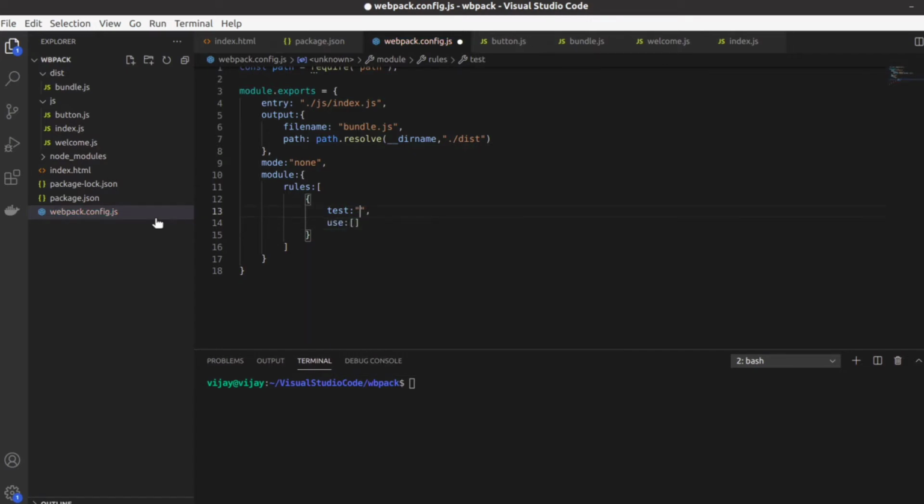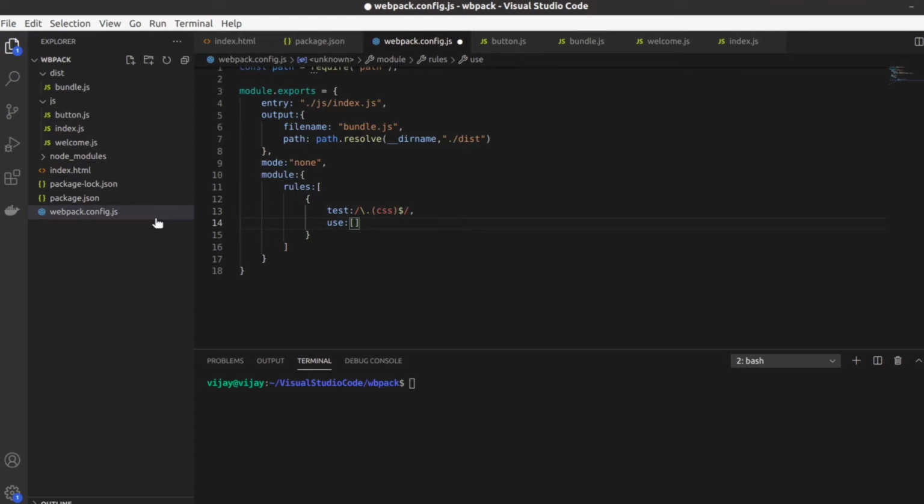Use is an array. What test does is we specify a regex that matches the pattern of CSS files. The regex will be .css and the list of loaders that need to be specified for CSS will be added inside the use property.